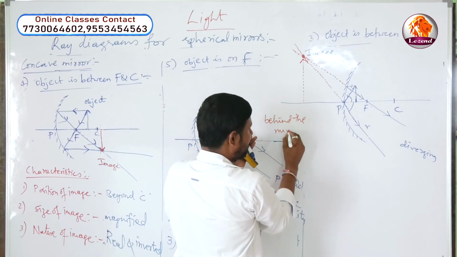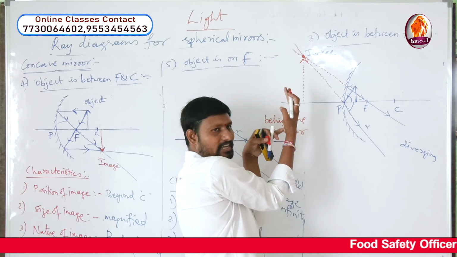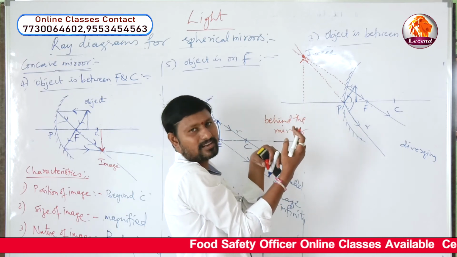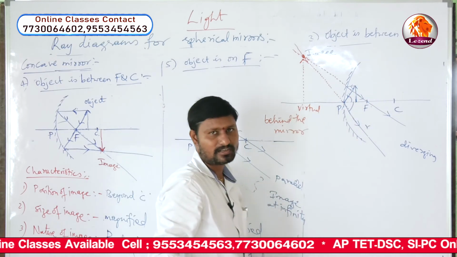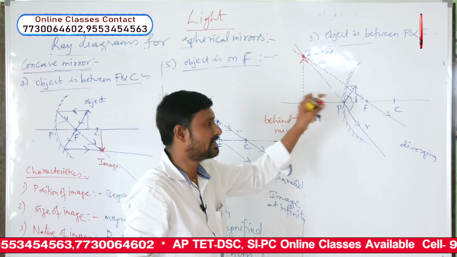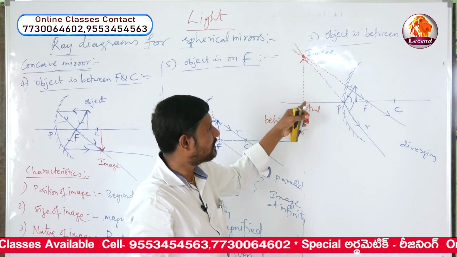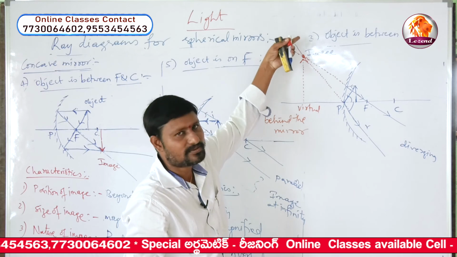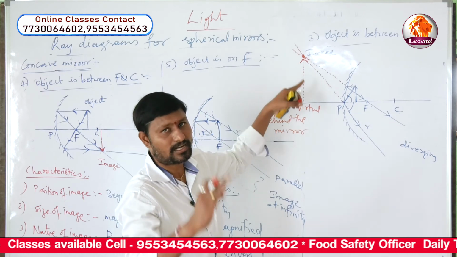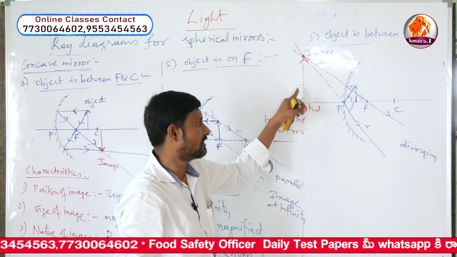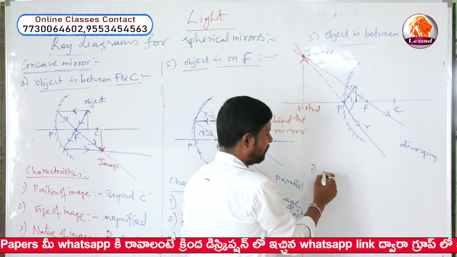Behind the mirror means it is a coated surface. Even if you place the screen, you cannot form the image on the screen. So it is what type of image? Virtual. We can just see inside the mirror. So it appears to be forming behind, not behind, inside the mirror. So that is what we call virtual image. And virtual image is formed here above the principal axis. So whenever it is formed above the principal axis, which is considered as what now? Erect, upright image, virtual and erect. So what are the characteristics? Number one, here image is formed what now?